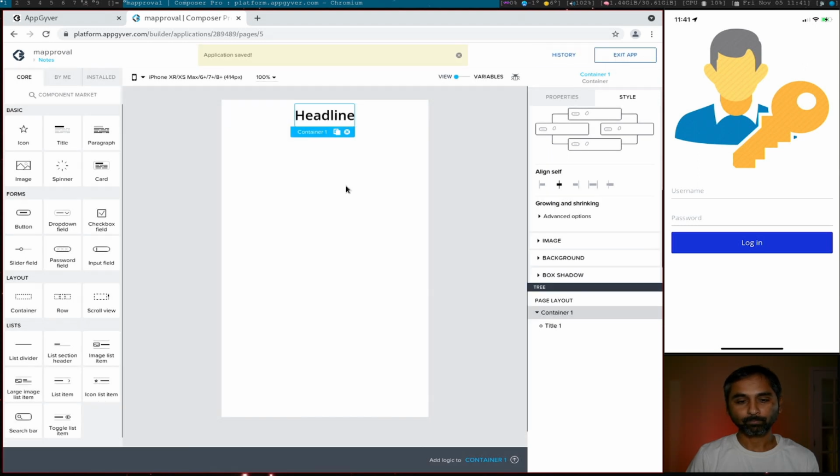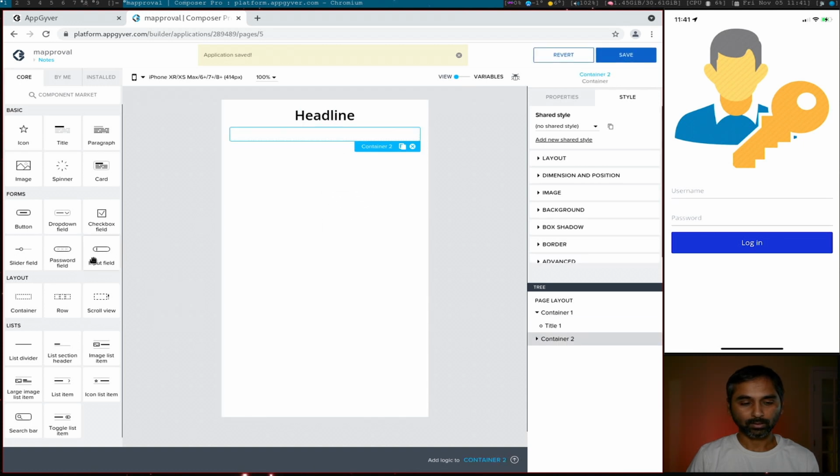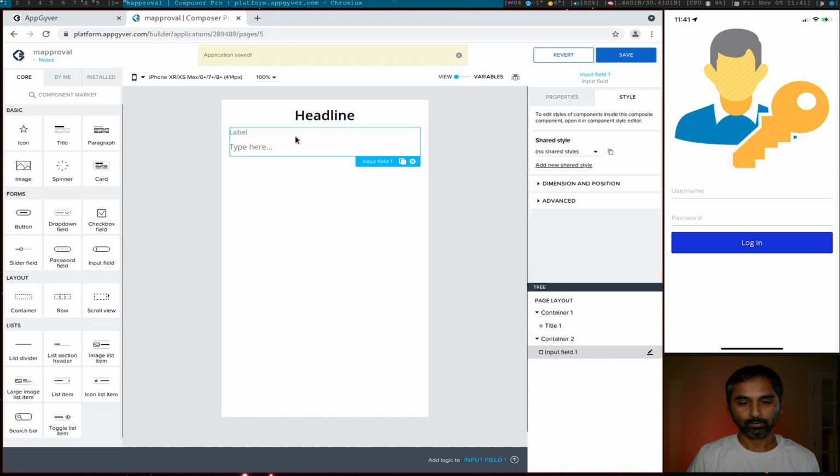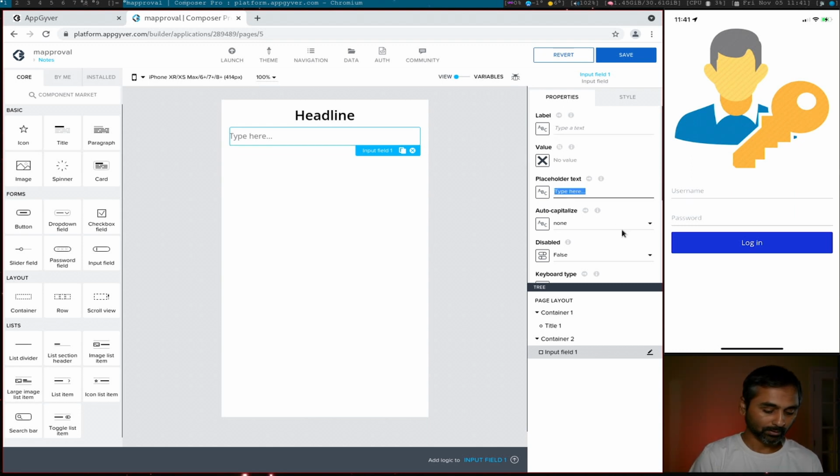Okay. Now we need another container, and inside we'll put the input field. We don't need the label, and the placeholder will say notes. We can say approve / reject notes,